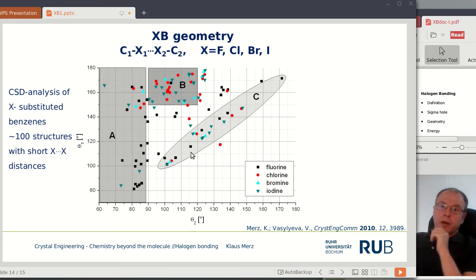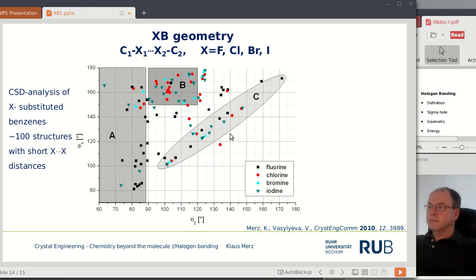Here you see the angle theta 1 from 70 degrees to 180 degrees, and theta 2 from 80 degrees to 180 degrees. And we try to address all contacts in three regions,